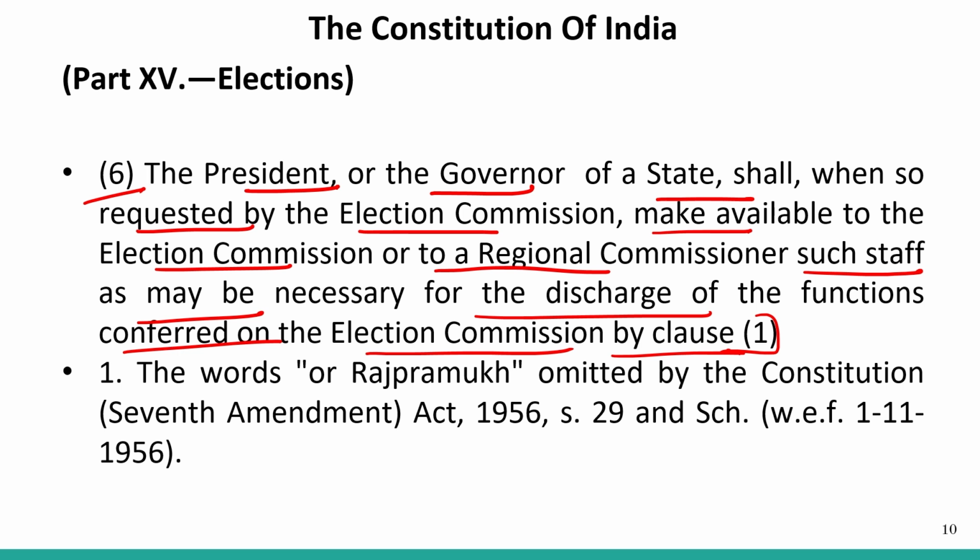So whenever they are saying that, it means that whenever there is a need, the chief election commissioner or the election commissioners or the regional commissioners will request the president or the governor of the state to please provide us with the staff so that we can conduct the elections. So at that point of time only, on the request of the election commissioner and the regional commissioner, the president or the governor, depending on where the election needs to take place. If the election is to take place at the central level, that is of the Lok Sabha, it shall be the president who will be addressed